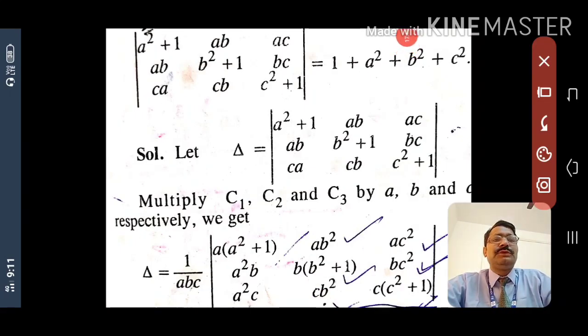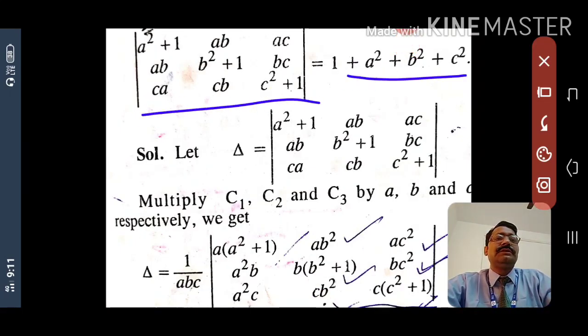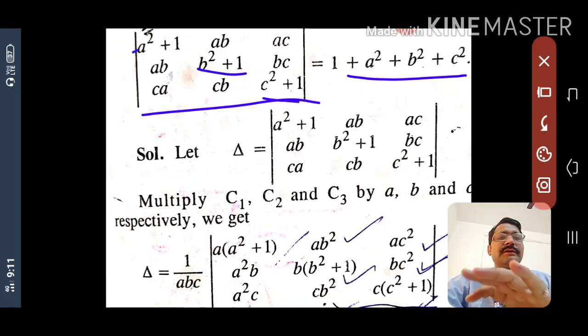Now look here, one more question you can see. You have to prove this equal to 1 plus a square plus b square plus c square. How can we prove this? 1 plus a square plus b square plus c square. Look here, a square is already given, b square also given, and c square given. If you add row wise, column wise, you will not get this factor 1 plus a square plus b square. So the other elements we have, you also have to change into a square, b square and c square.